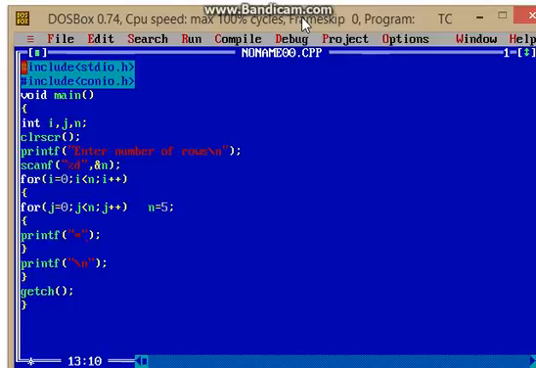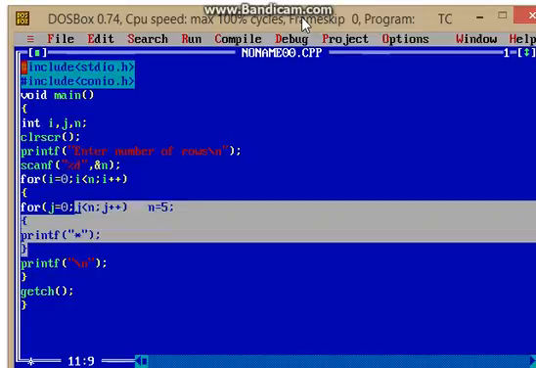So it will print a star 5 times in every loop, and how many times will the outer loop run? 5 times, means it will print 5 rows. This will print only 5 stars in a column, and using this loop we will print 5 rows.